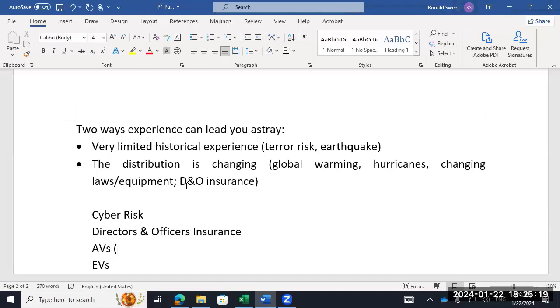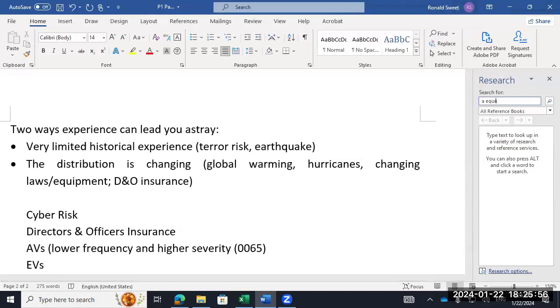I haven't tried it. Is it San Francisco that has AV taxi service? So none of y'all have tried. Would y'all try it if a car showed up and no one's in the driver's seat, would y'all get in? You say no? All right, so here's where you have lower frequency and higher severity. You have lower frequency because machines are better drivers than humans, but you have higher severity. Why? Because you have cameras all over the place. You've got all this extra equipment.